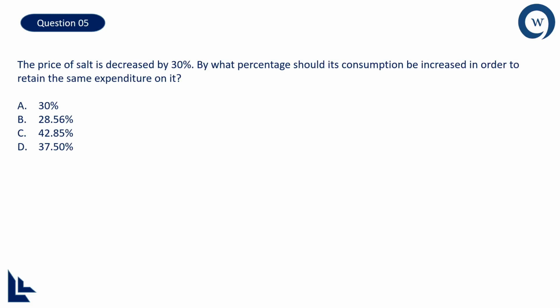Now this problem, again, I will explain with the help of two strategies. One is the conventional method and one more is a shortcut. The conventional method says that you need to know the quantity first. How much is the quantity you were buying earlier and what is the price of that quantity. For simplification, I will take the assumption like this. Initially, we were purchasing 1 kg of salt and the price of each kg of salt is 100 rupees. So initially, we were spending 100 rupees on salt and we used to get 1 kg.